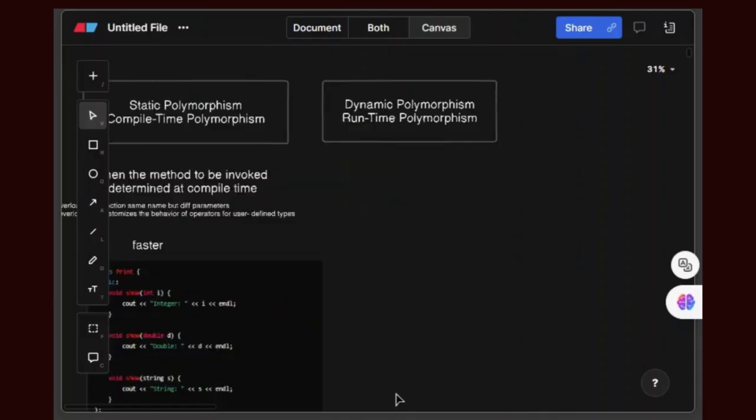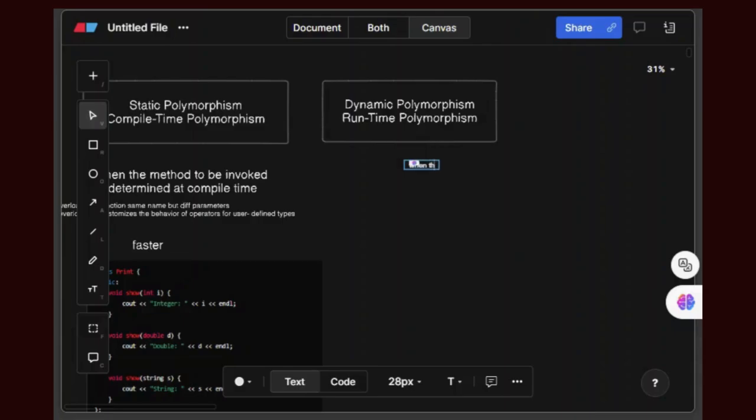Now we talk about dynamic polymorphism, or runtime polymorphism. Dynamic polymorphism, also known as runtime polymorphism, occurs when the method to be invoked is determined at runtime. This type of polymorphism typically involves inheritance or virtual functions.